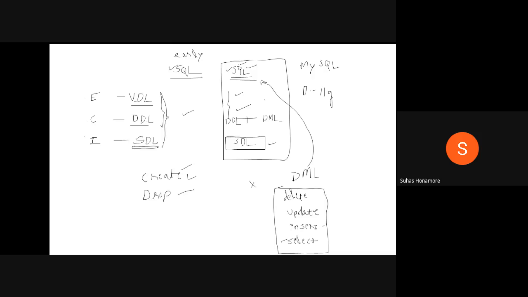Directly they are supporting it, and it's supported as DDL. That is creation of a table and dropping the table completely. So these two commands are there. Plus DML supports four things: deletion of rows, updating, inserting the values, and retrieving the values with the select command. These are supported in your DML. So entire SQL supports these six commands.